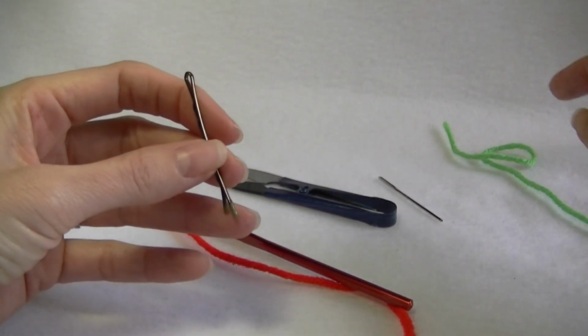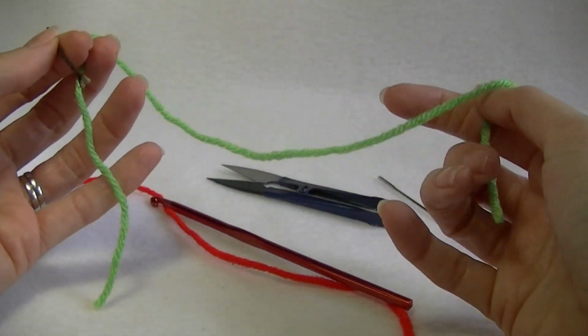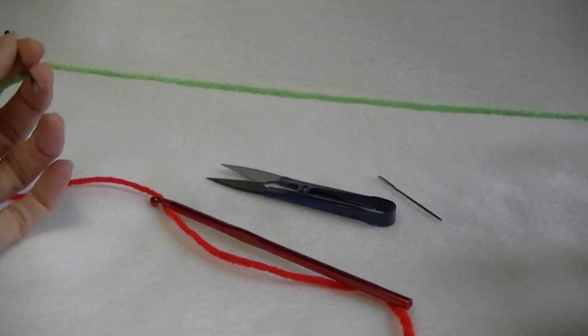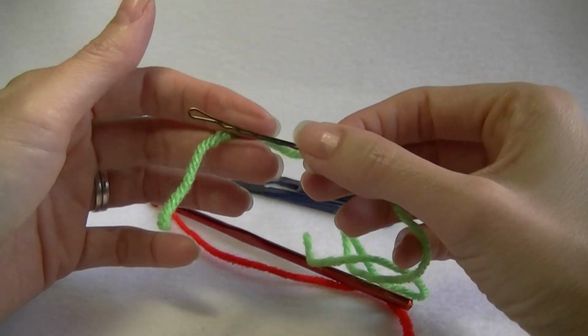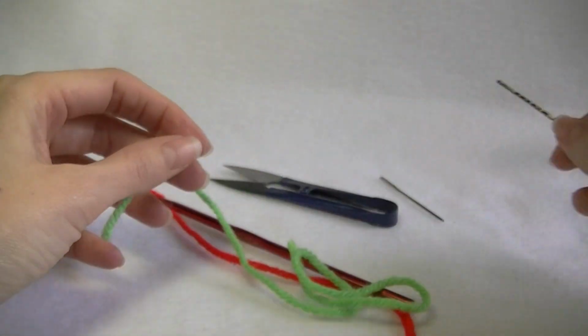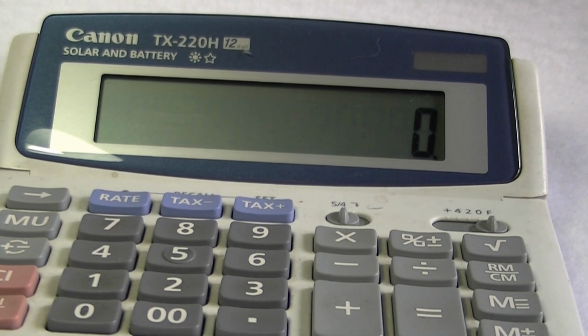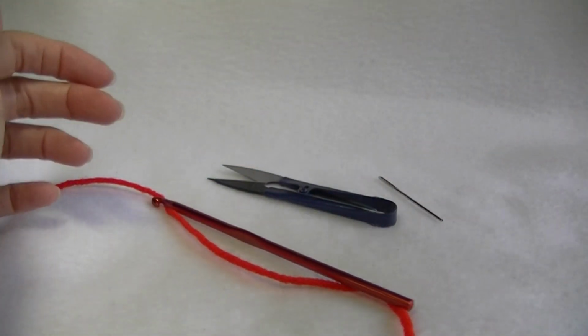For this hat, I found it easier to use a long piece of yarn, and you'll see why we need the long piece of yarn in the video, and it's probably about 12 inches or 30 centimeters long. But like I said, you can use a stitch marker if you want to. We will also need a calculator, and you'll also need a tape measure. So putting all that aside,